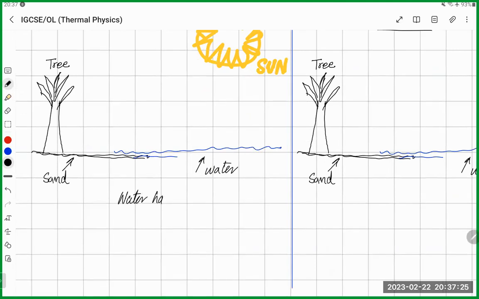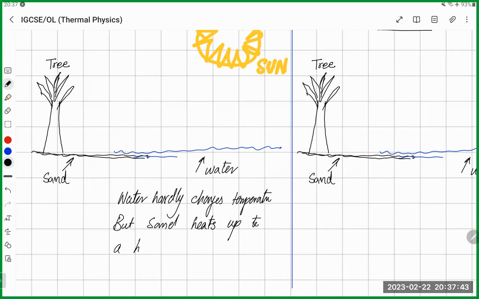Water hardly changes temperature, but sand heats up to a higher temperature than water. So if there's a person standing here,